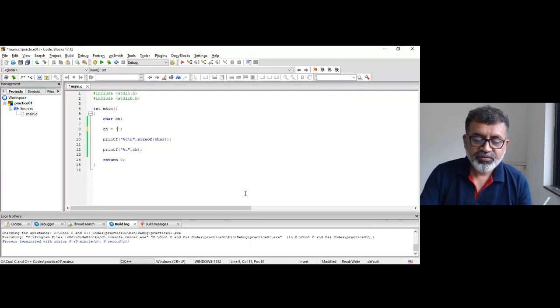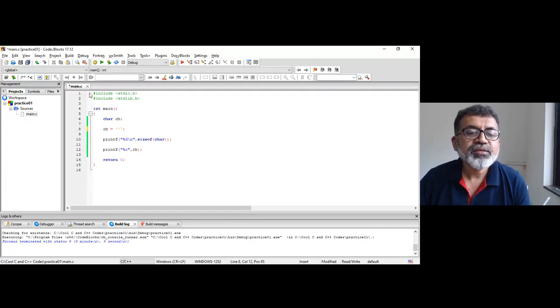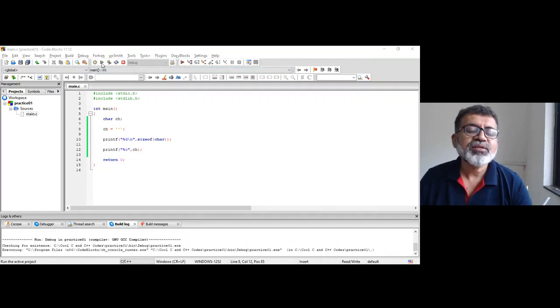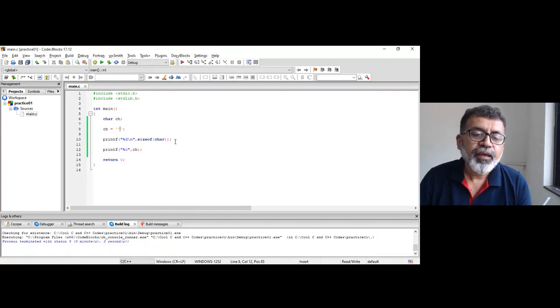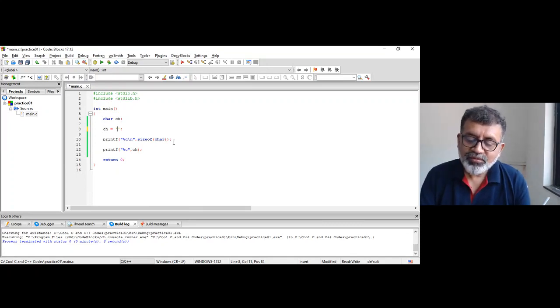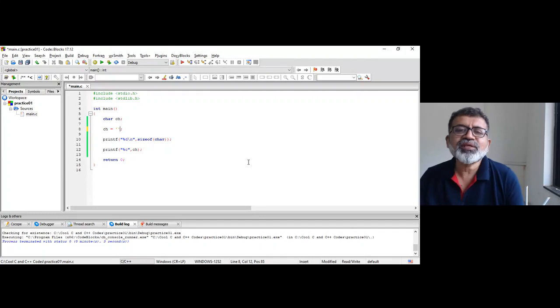If I use the star, the asterisk, since it is a special character, it will be stored. What if I want to store a single quote in this? We cannot store that directly. Got what I mean? I want to store a single quote. How can we? Have you done this before, any time in the past?